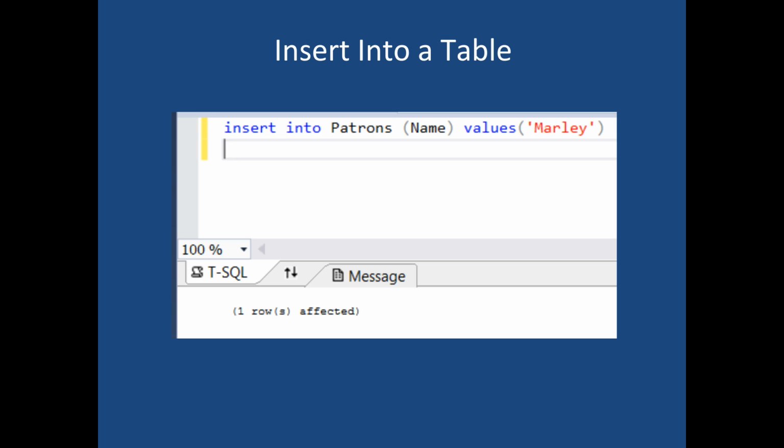Yeah? I don't think this applies to this assignment, but what if you want to change a column name permanently? Okay, so he's asking, what if you want to change a column name permanently? So you're not changing the data in the table, you're changing something about the table. So